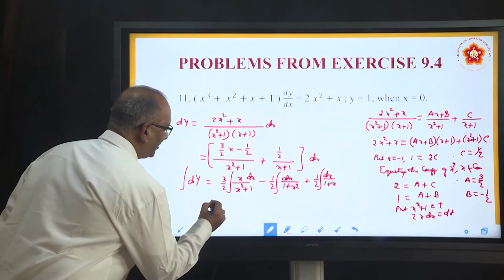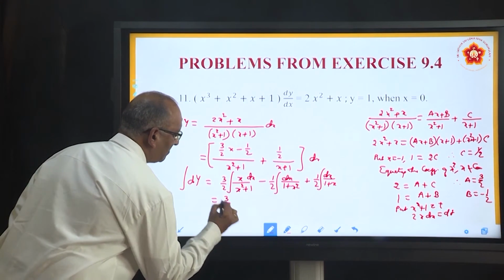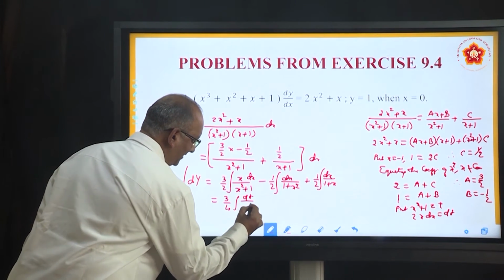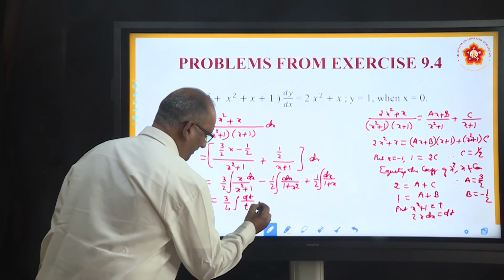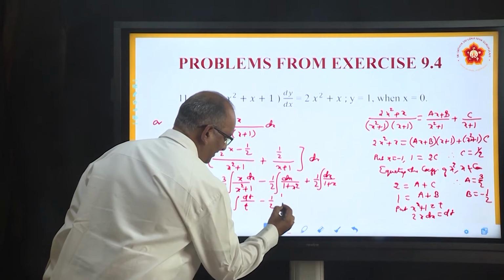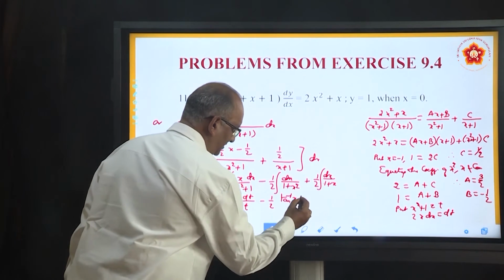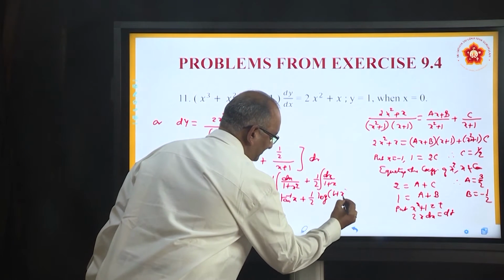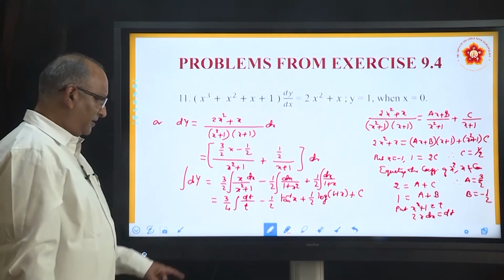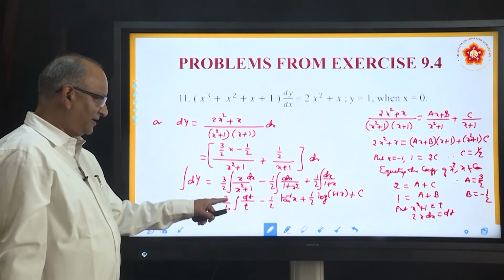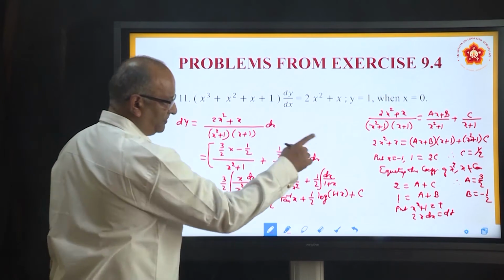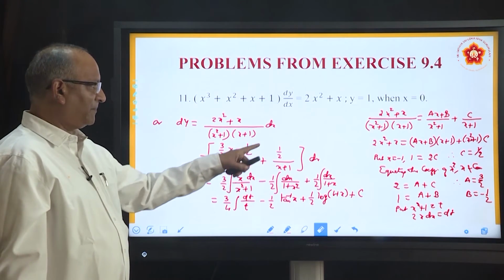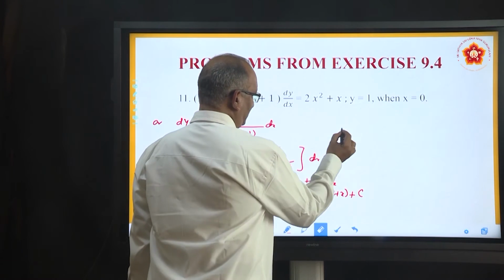So, it will become 3 by 4 integral of x dx became dt by t. This 2 you can directly write off, minus 1 by 2 tan inverse x. This also you can directly write 1 by 2 log 1 plus x plus c. This is also now simple because we have simplified it. This is nothing but log t, and substitute back what is t. Since you have understood that particular part, let us do the remaining part here.